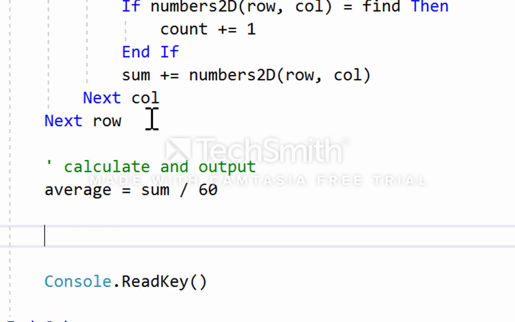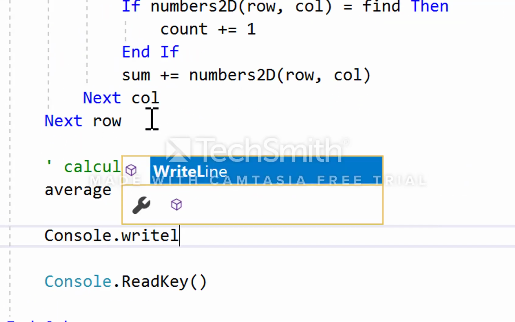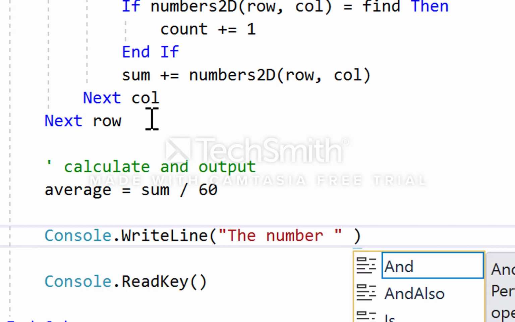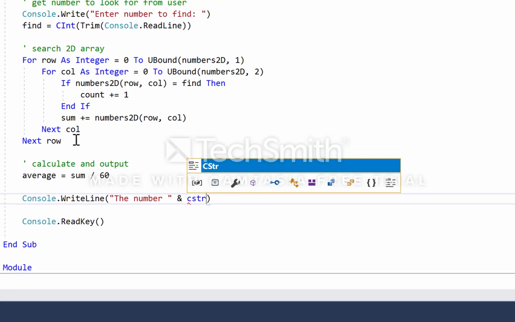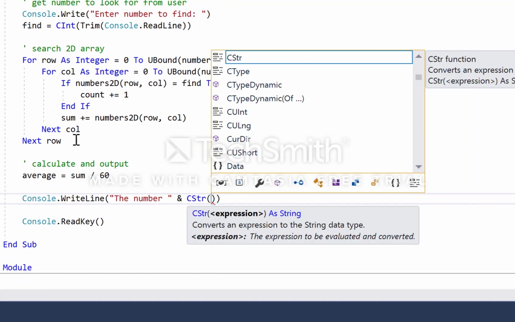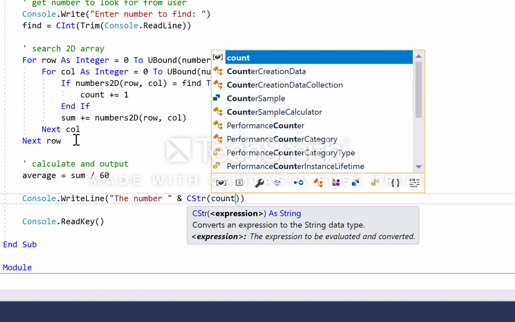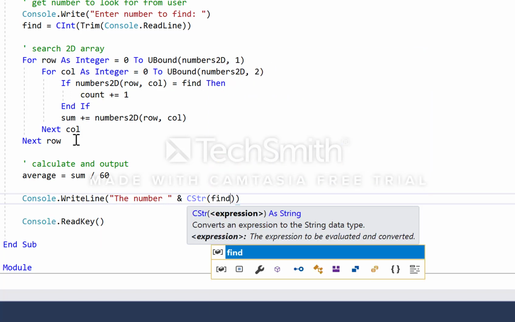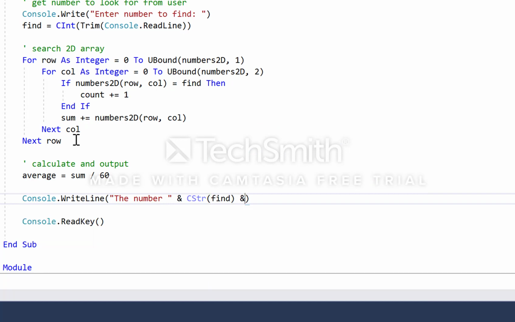So then finally I've got my output. Console.WriteLine. So first of all we want the count variable, the number converted to a string again. Good programming practice there. Anything in the console window, input or output, should be a string. So the number that we're looking for, find,